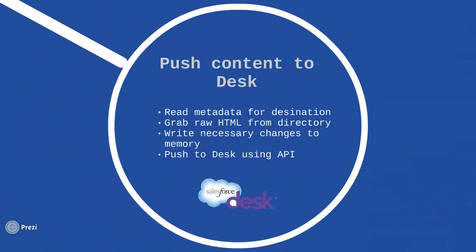Desk automatically generates the URLs, and we can't control it, which is one of the shortcomings of Desk, but it's got lots of other positives that we do like. No CMS or knowledge base is going to be perfect, by the way. So we publish Article 1, it gets its own URL. Well, that's great, but we need to know what that URL is so we can link to Article 1 from other articles. So when Article 1 gets published the first time, an entry is made in a map file that's